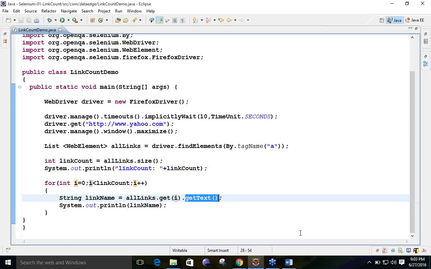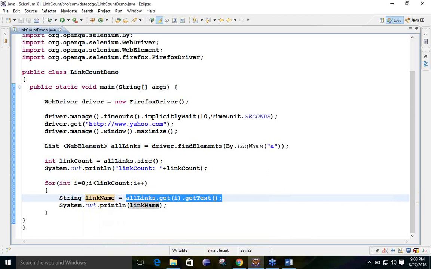And whatever it is, we will take one string type variable, and the variable name is linkName, where the value is going to be stored. Suppose the first time the name of the tag is mail, so mail will be stored over here. And in the next line we have printed this link name. Again the loop will continue.